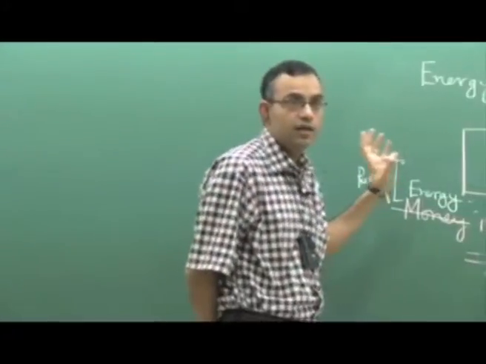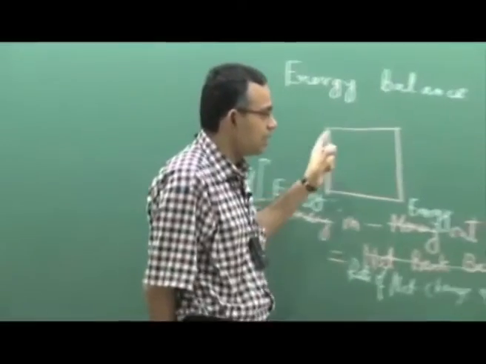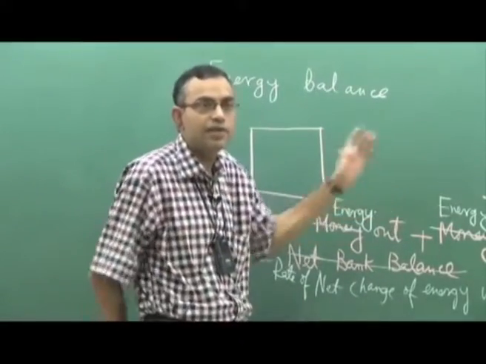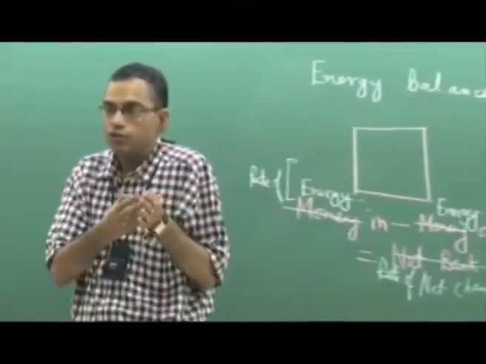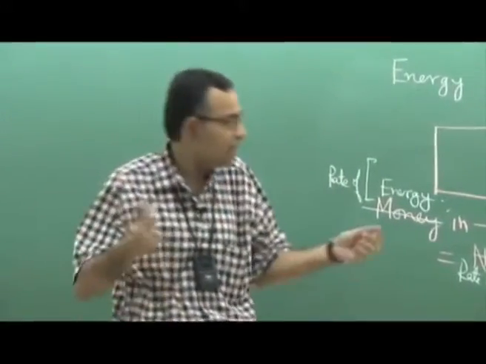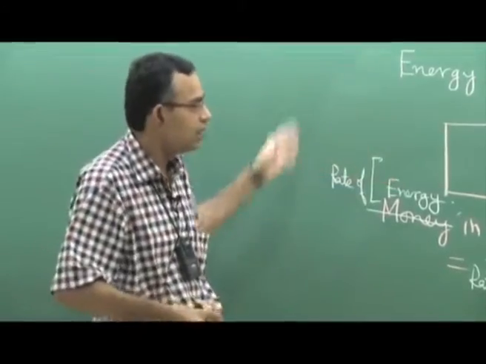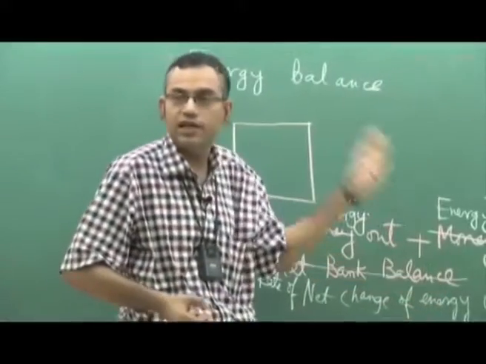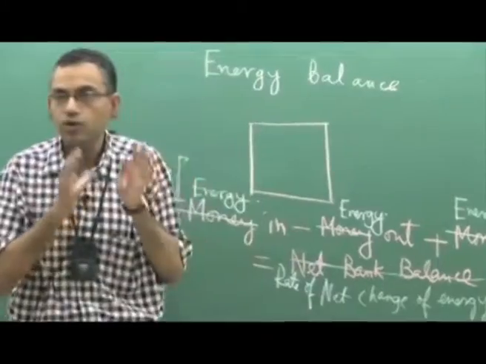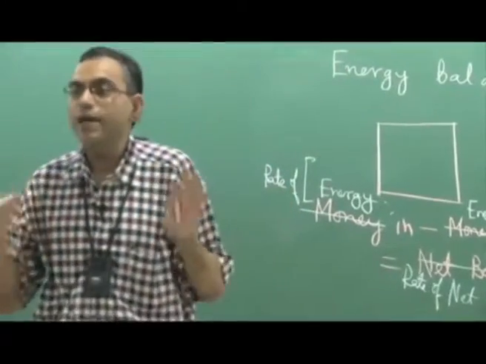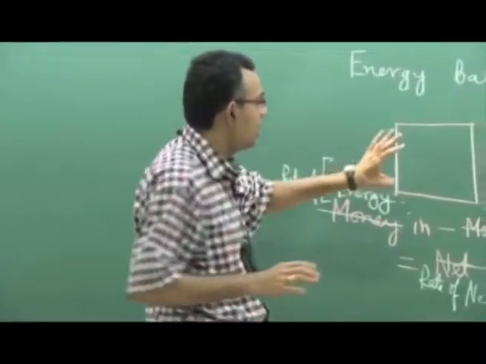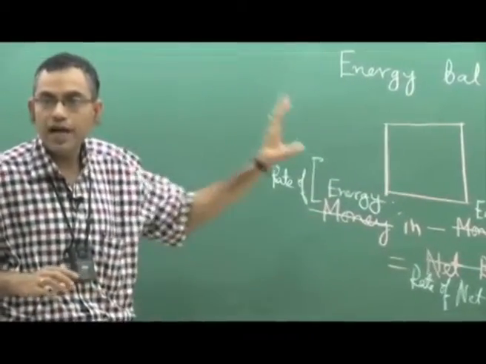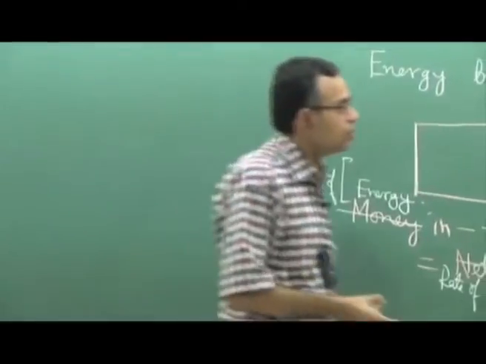So, we will see how we can write this expression of balance. This is a physically intuitive expression, right. Even if we do not know much science, this is something which comes from physical intuition: in minus out plus generated equals change. So, we want to write this in terms of mathematical expressions. This is a qualitative physical expression. Next our objective will be to write it mathematically. So, we will proceed towards that.